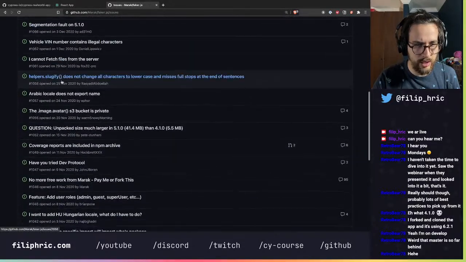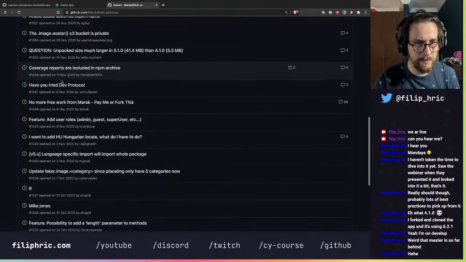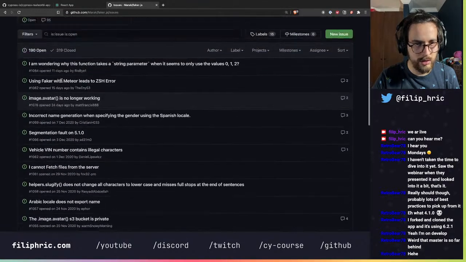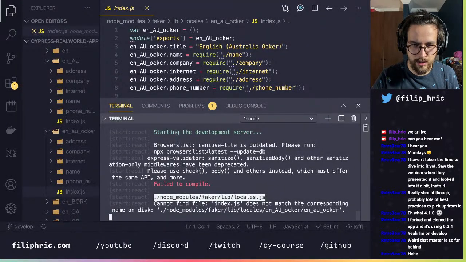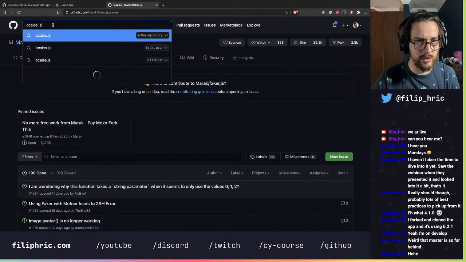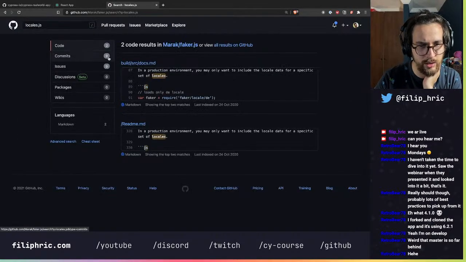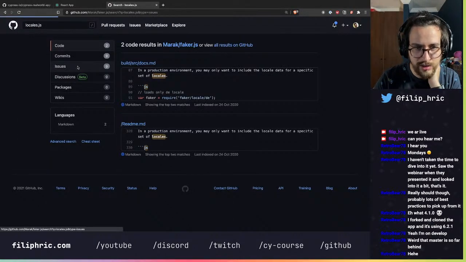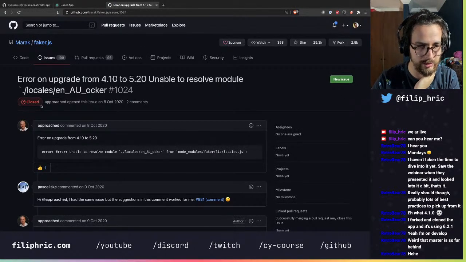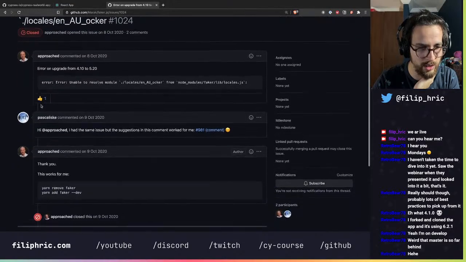What would be the keyword that we... The locales JS, maybe that's something we should search for. In this repository there are some issues here. Okay, error on upgrade from... This seems like the thing, and it is closed, so maybe we are lucky.